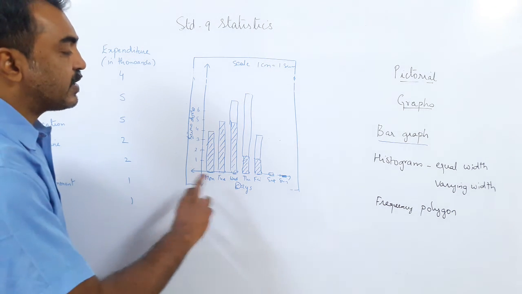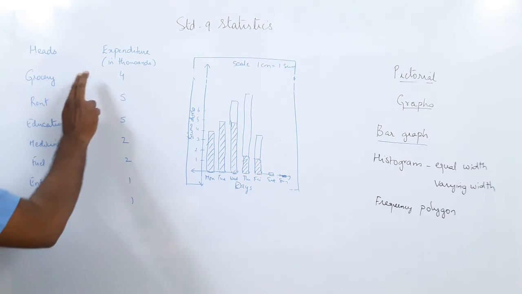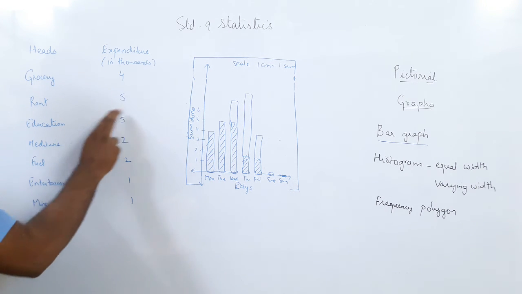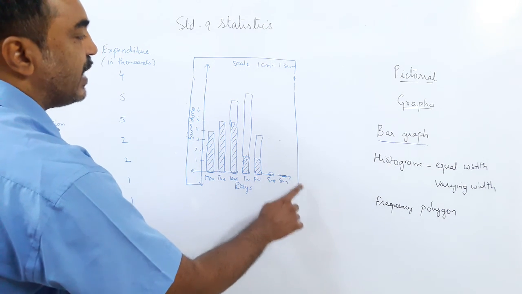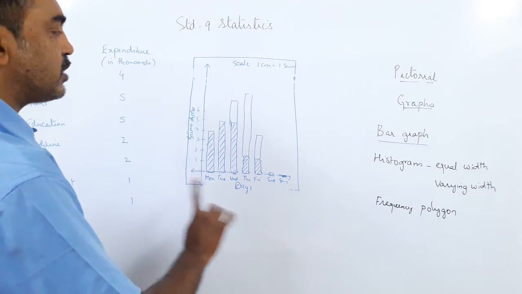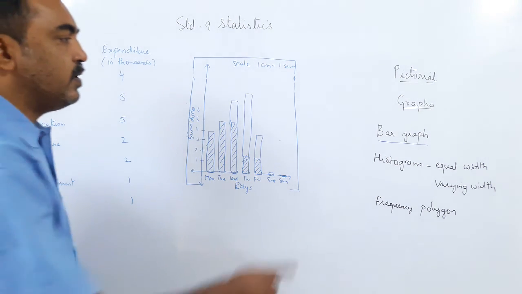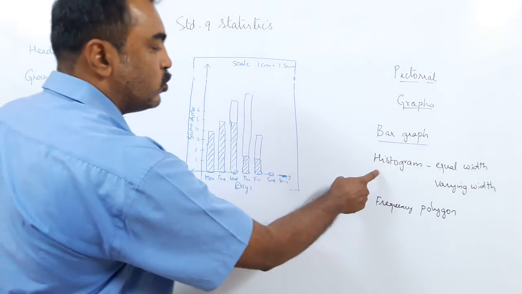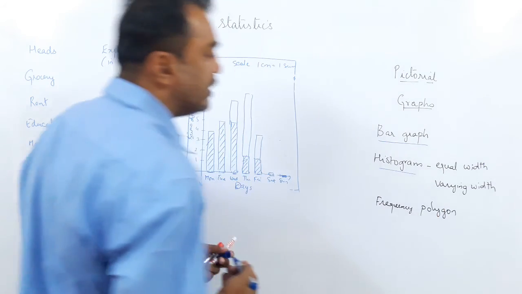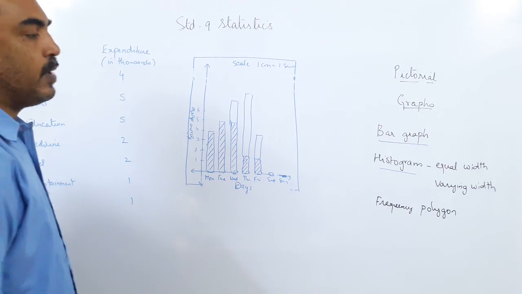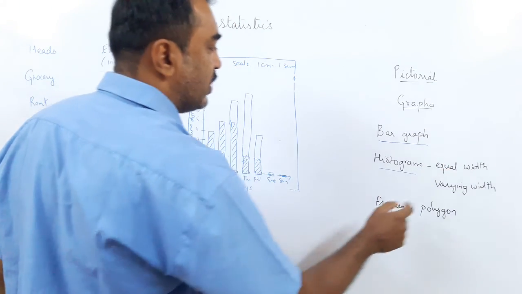But what if our data is continuous data? What is continuous data? It is class data, say 10 to 20, 20 to 30, 30 to 40, 40 to 50 and so on. So here we also have numeric data. Even the x-axis has numeric data which is continuous, and the y-axis is the frequency. At that point, we do not use a bar graph, we move to the histogram. So today we are going to work on the histogram, and histograms are of two types: equal widths and varying widths.